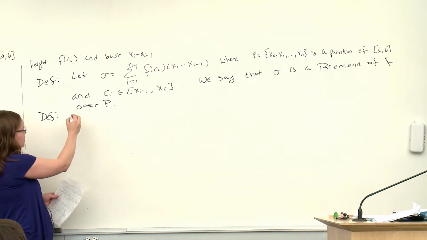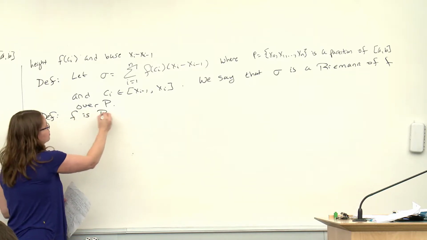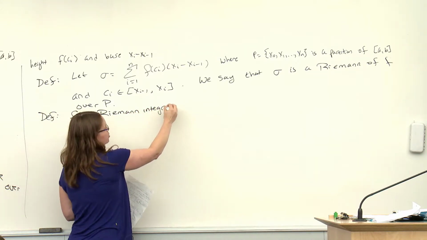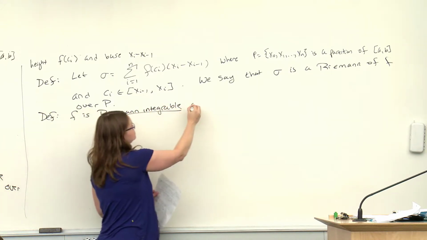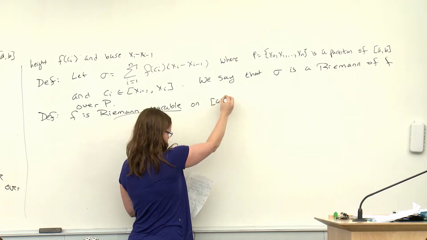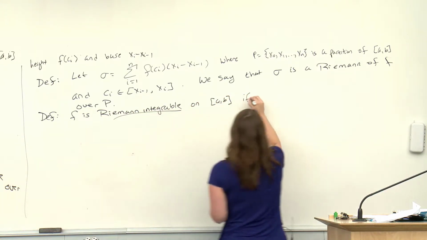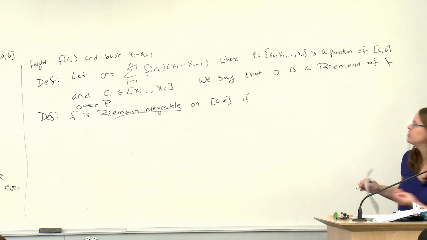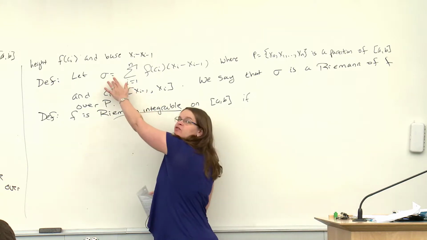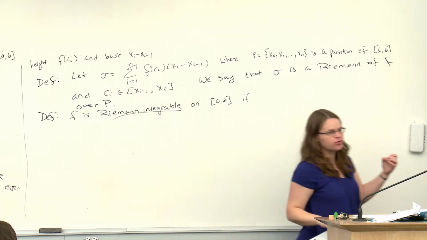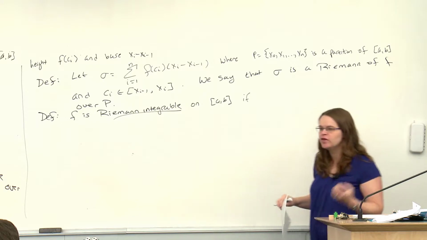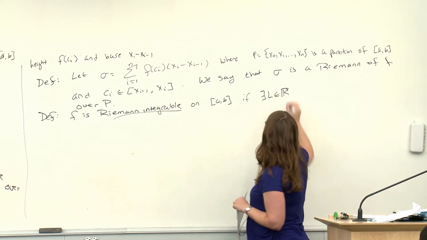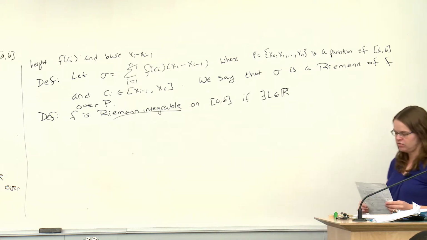Okay, so we're going to say that f is Riemann integrable on the interval [a, b] if, okay, so we know that we want these things to approach some limiting value. So there's some number that those things approach. I'm going to call that number L, the value of my limit. So if there exists some L belonging to the set of real numbers such that,